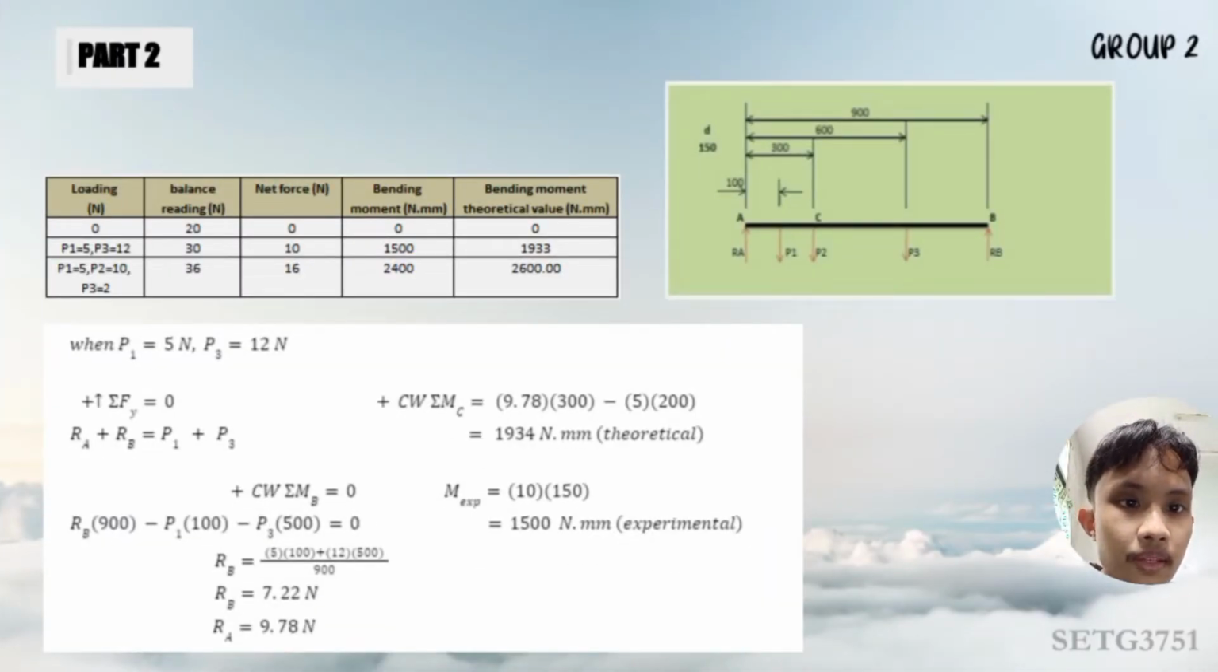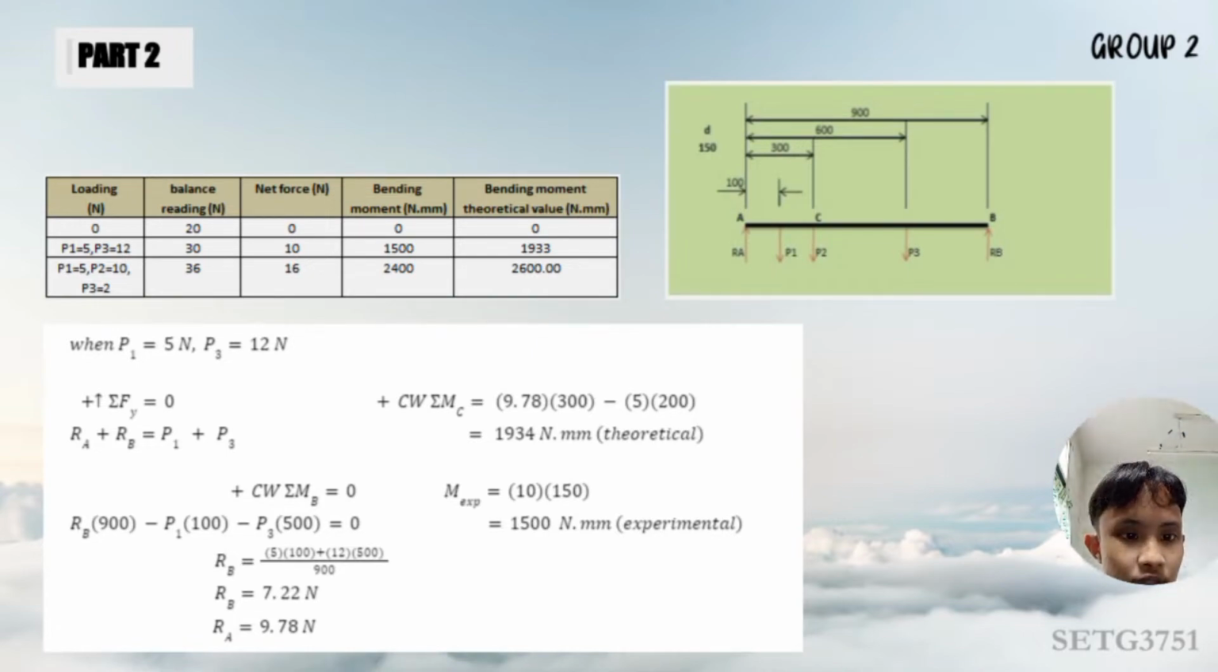For the last part, let's say we have P1 equal to 5 Newton and P3 equal to 12 Newton. We do the same summation of Fy equals 0. We obtain Ra plus Rb equals P1 plus P3. So the summation of moment at point B, where clockwise is positive, equals 0. We obtain Rb times 900, which is the distance, minus P1 times 100 minus P3 times 500 equals 0. Then we obtain Rb equal to